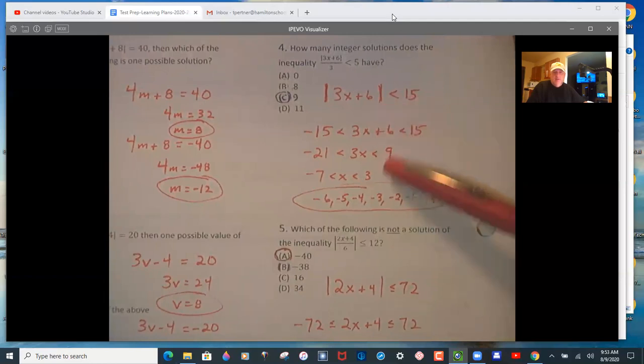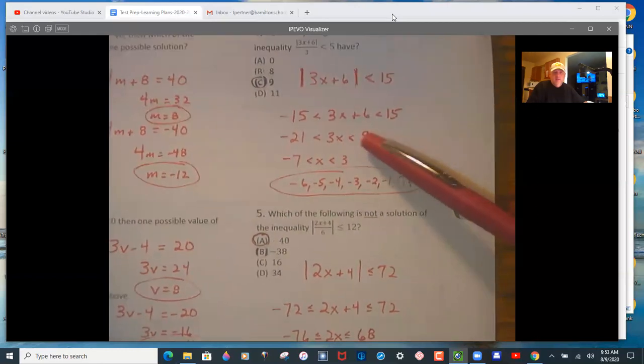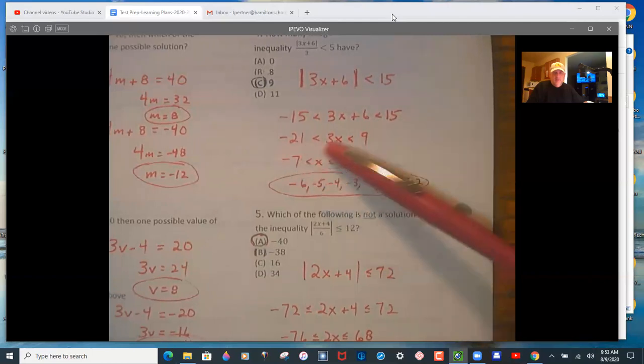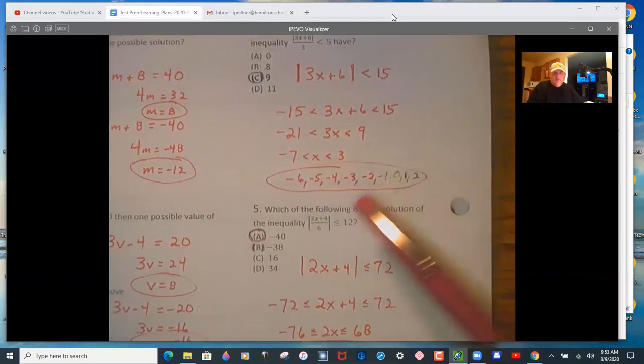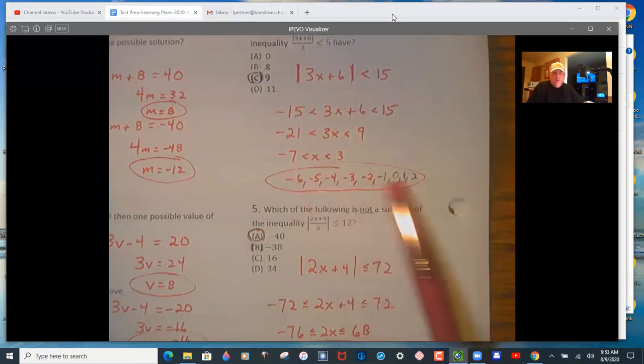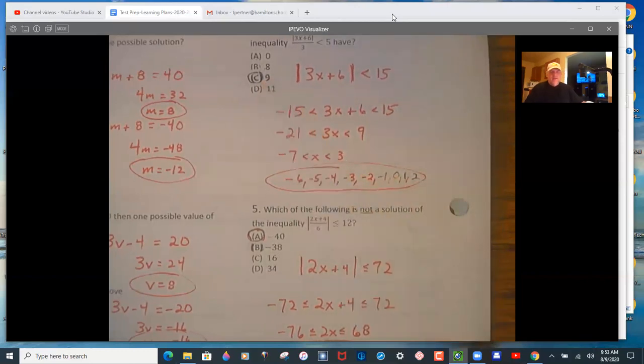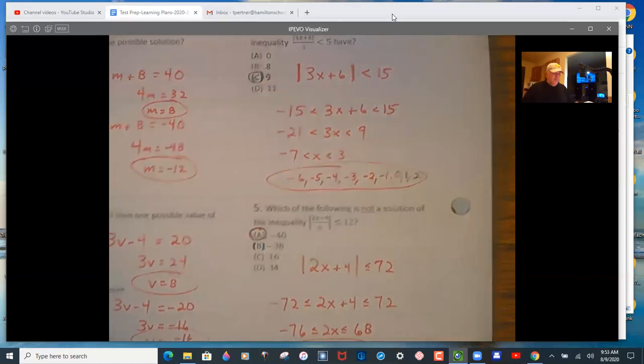So you solve it for x by treating it like a 3-part balance. So you would subtract 6 on each piece, delivers this, and then you would divide by 3, delivering this. So all of those values fit in between negative 7 and 3, making it 9 solutions. Number 5,